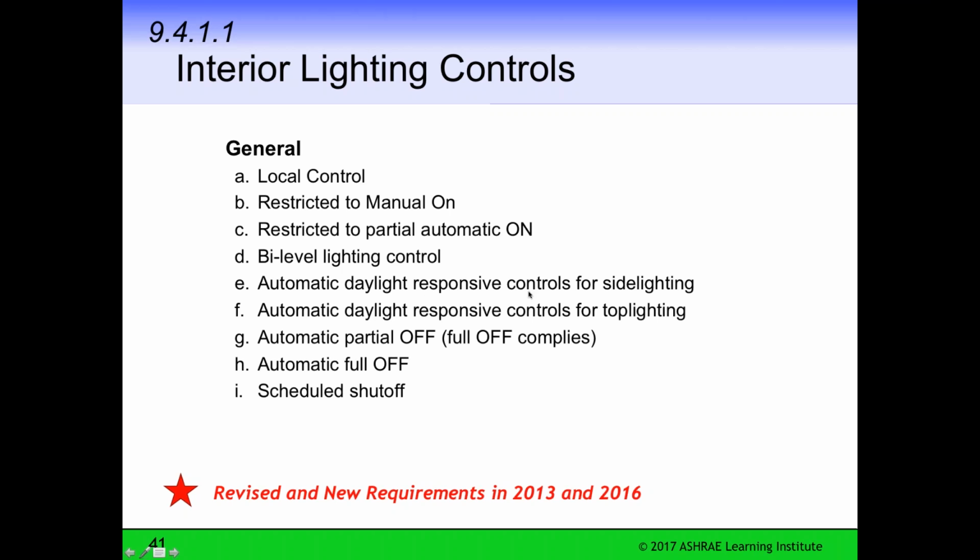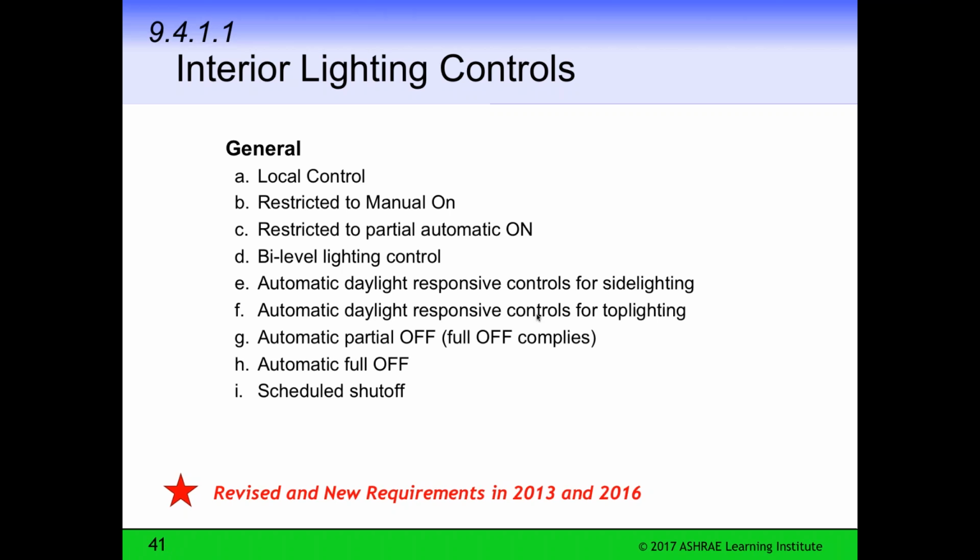Automatic daylight responsive controls for side lighting from windows, automatic daylight responsive control for top lighting or skylights or roof monitors, and then automatic partial off, automatic full off, and scheduled shutdown or shut off. These are the 9 interior lighting controls.